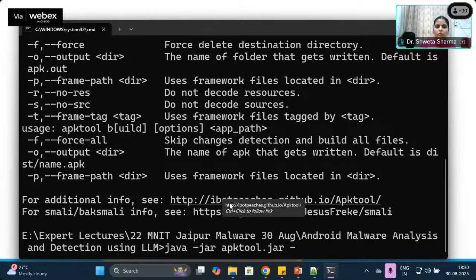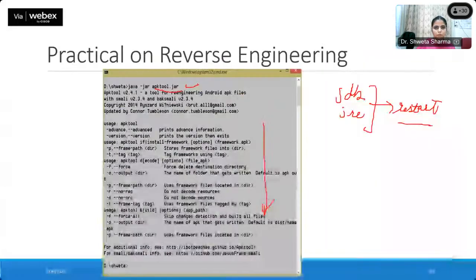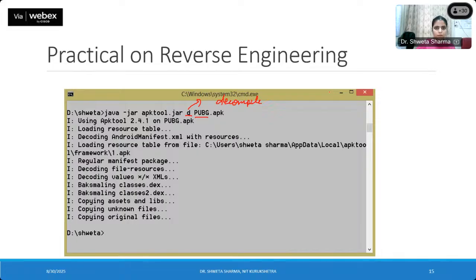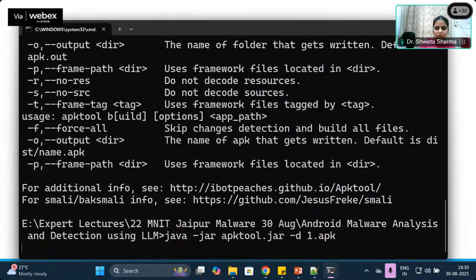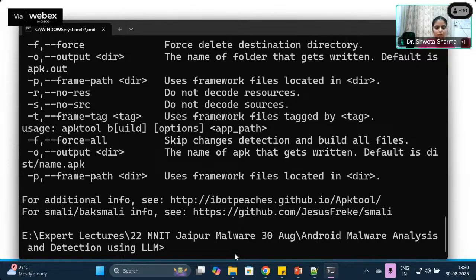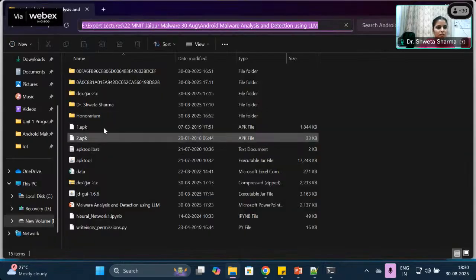Now I'm going to decompile my APK, and as I already showed you on my screen, the name was 1.apk. So let us do it. java -jar apktool.jar d 1.apk, it is fine. Okay. Now you can see here that